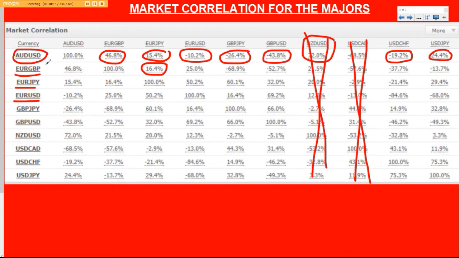So what I've done, I've taken the Euro GBP, right? Because I realized that the correlation between the Aussie and the Euro GBP is 48% in terms of positive correlation. So I said, okay, then, I can also take the Euro Jappy. I can also take, I can't take this one. So the GBP is out. So let's take out the GBP.